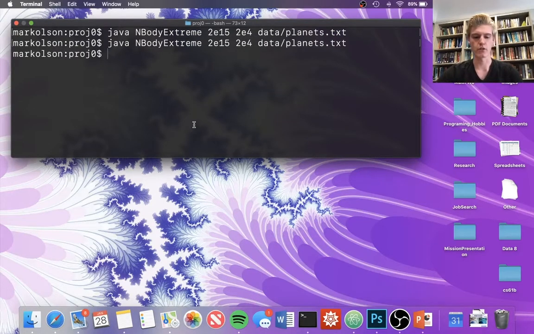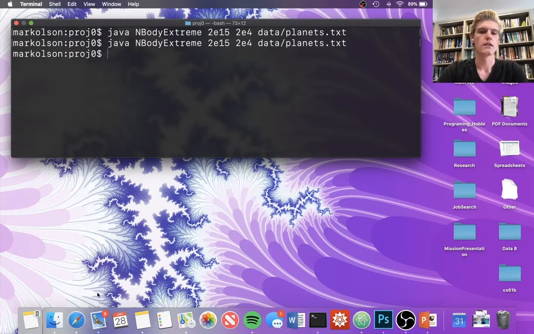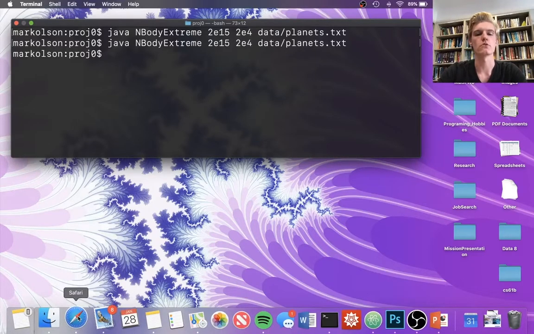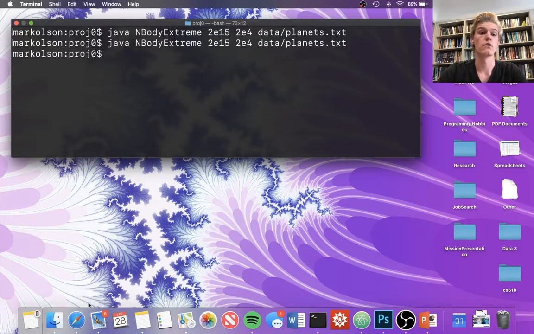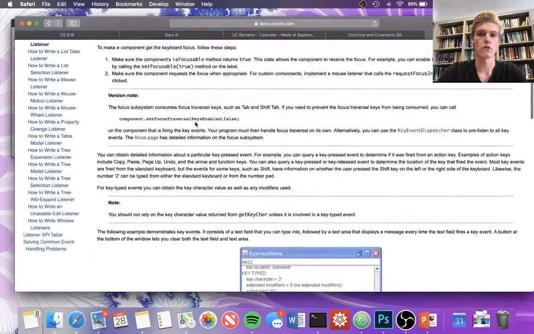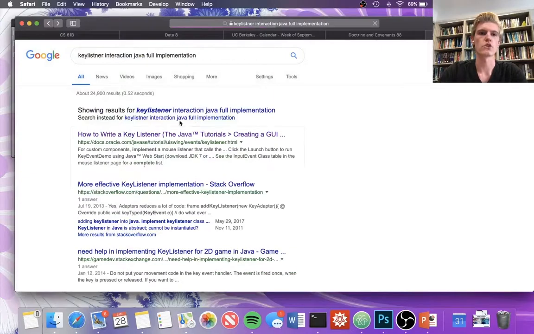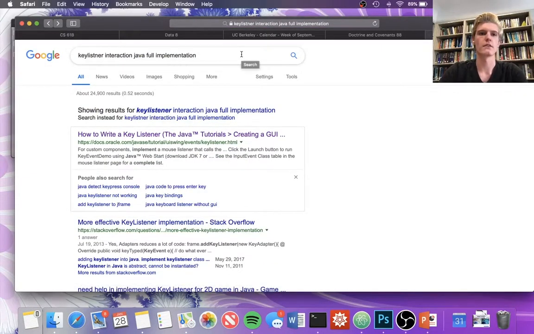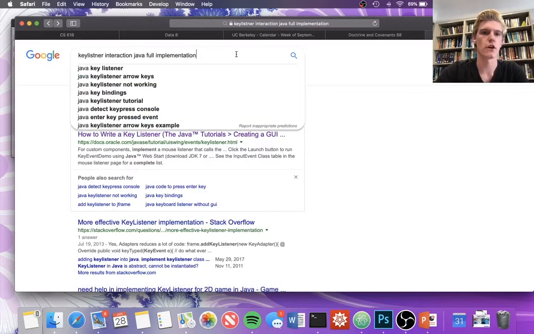I have my notes on my phone. It just turned off. So getting the key presses, the key listener, to work was just an absolute nightmare. Well, nightmare is maybe too strong of a word. It was a challenge. I relied on the collective knowledge of all of Google on this. I Googled so much, but the thing that really made the difference for me was this key listener interaction Java